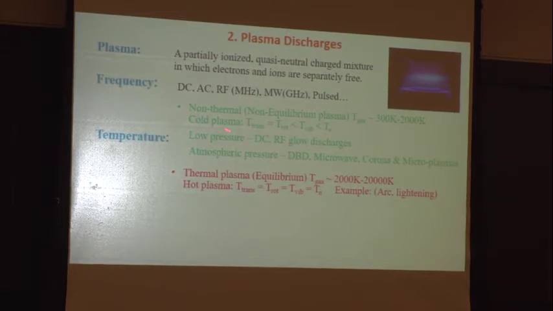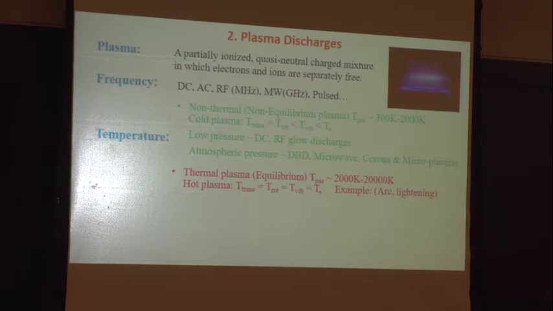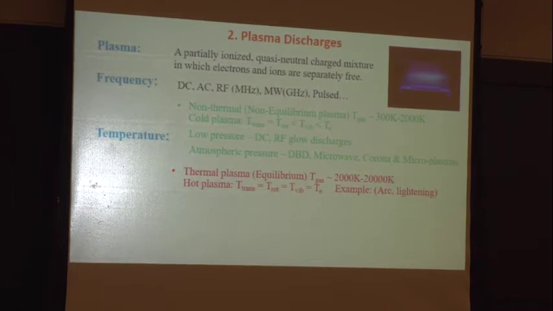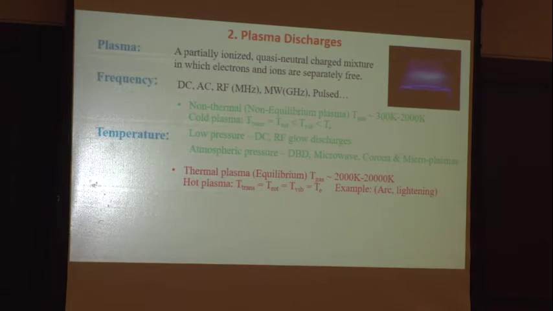And then we call another category non-thermal. That means these temperatures don't equal each other. There's not enough time for them to collide and equilibrate. Either the pulse is very short, or the mixture is so dilute that there's no way you can collide frequently. And how many collisions do you need to change vibrational energy, for example?